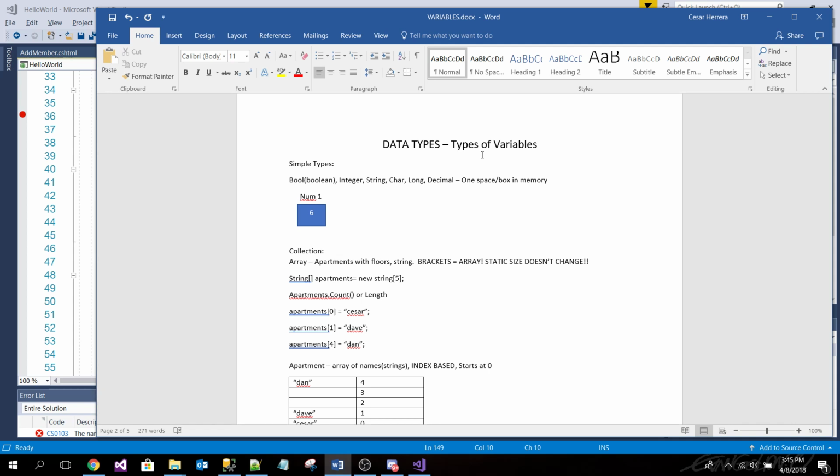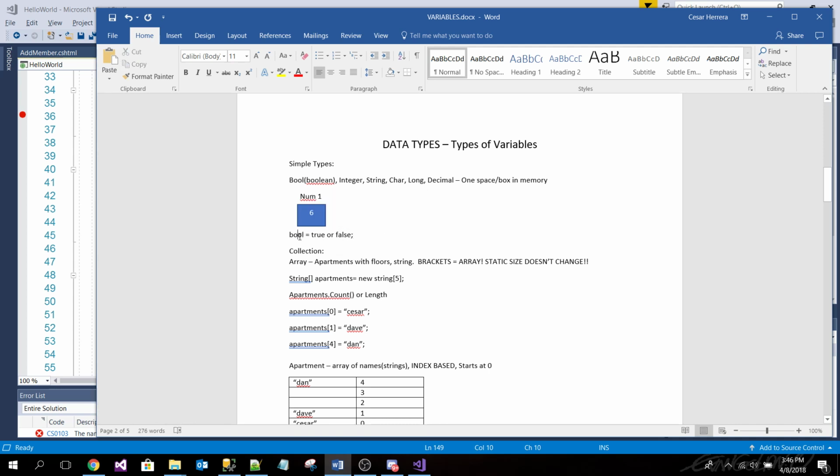So if an integer can have a bunch of numbers, what can a Boolean have? It has, I guess you could say, 2 values: true, false. Yeah, it's either true or false, and that's the way that it understands it. In computer code, it's 1 and 0, but for now just remember true or false. It's smart enough where it knows.